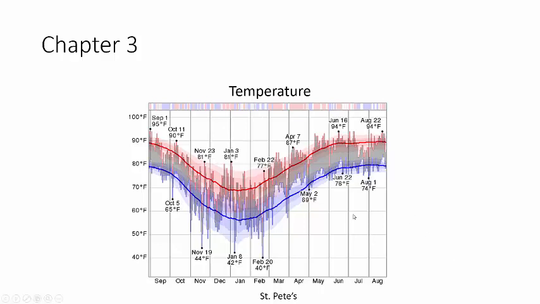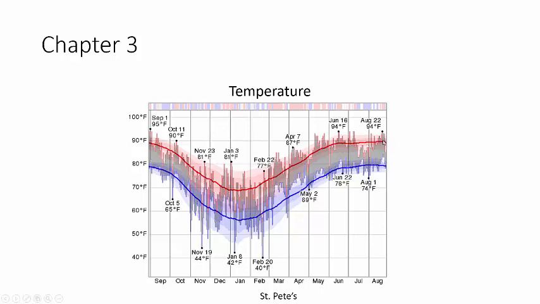Okay, so on here, you can see this is Fahrenheit, in the scale, always 40 to 100. And oddly enough, the year is a little bit weird. September, October, November, December, January is up here, and then all the way to August. So this is the average low down here, and this red line is the average high. And so you can see how it varies throughout the year. You can also see that the warmer months are over here.